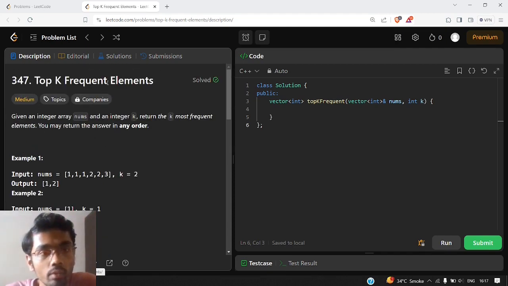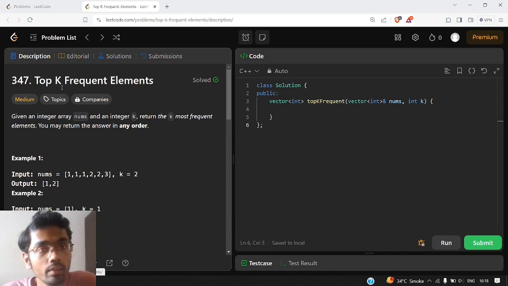So how will we approach this question? Since the question is about the frequency of the elements, one thing is for sure that we will use some hash map in order to count the frequency of the numbers. And how will we identify the top k most frequently occurring elements? Now whenever the question is of top k, top first, or like first 3 numbers, or anything related to some numbers we are given, and we need to return the top 2 or last 3 or something like that, we need to arrange these numbers in some format, and arranging those numbers can be done easily with the help of some data structures.